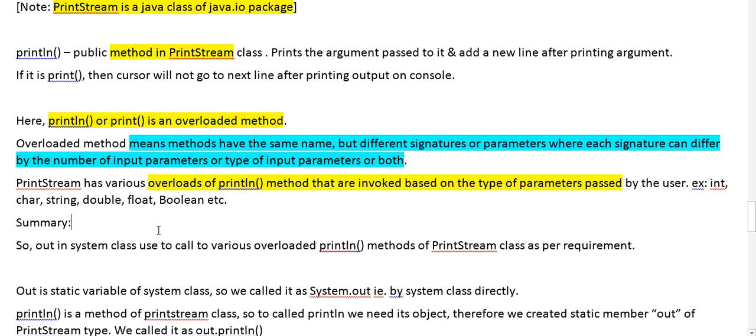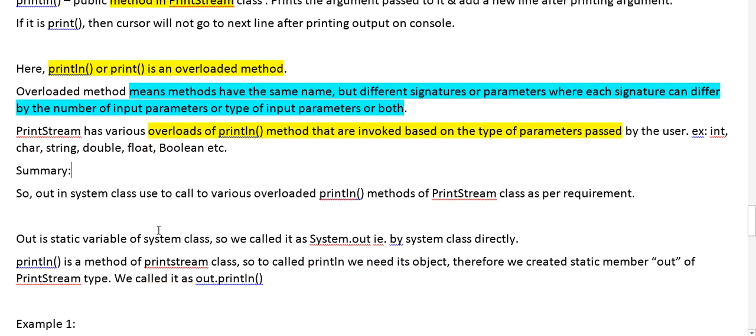As I have told you, PrintStream has various overloads of println methods that are invoked based on the type of argument passed by the user. For example, integer, string, double, float, whatever the type of argument we pass, it will call that particular overloaded method.